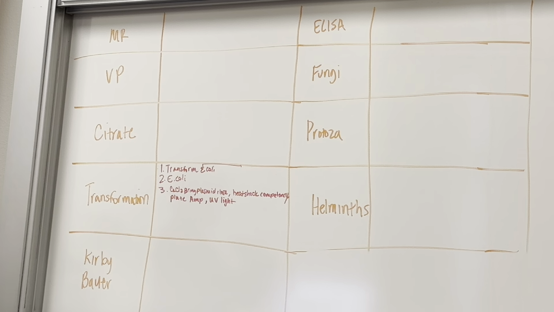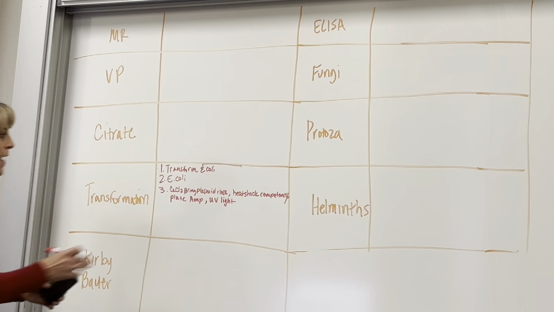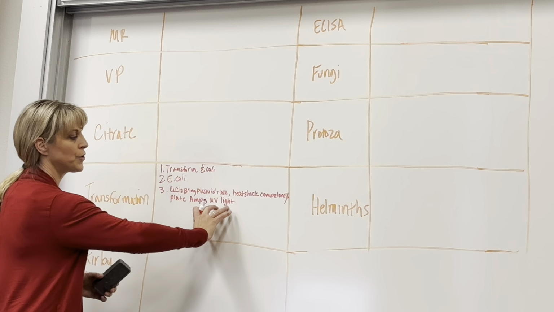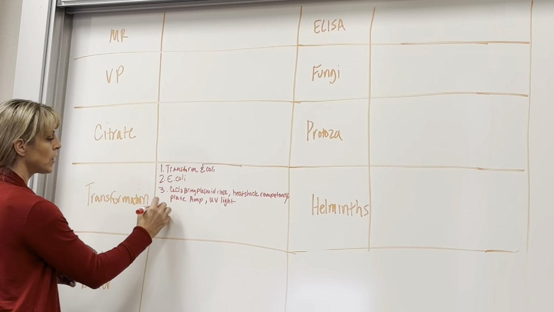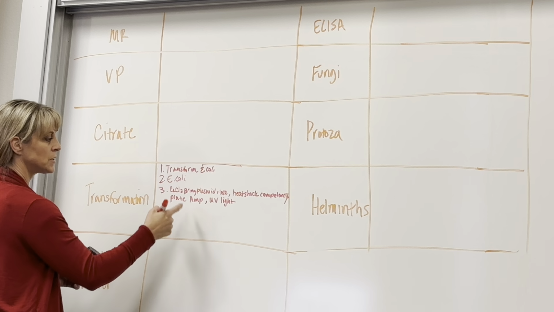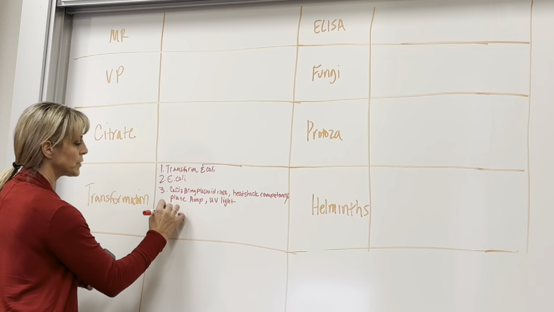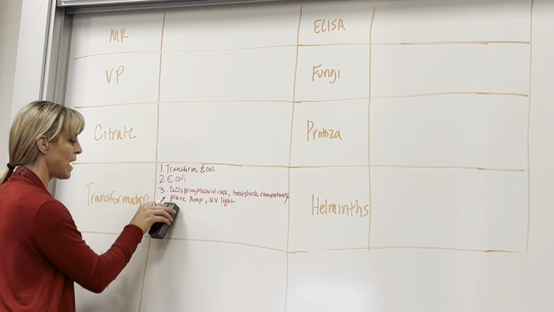CaCl2 is what binds the plasmid. And then we plated it on an ampicillin plate, we'll talk about that, and then we looked at it under UV light. For reagents, we didn't really have any reagents other than the CaCl2. Results were, we had